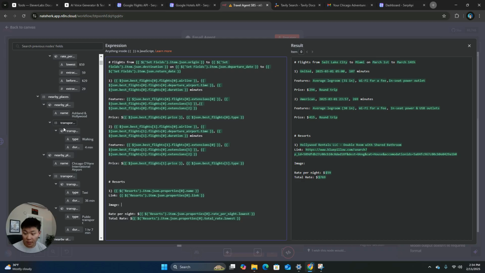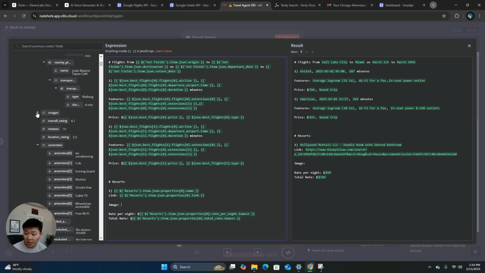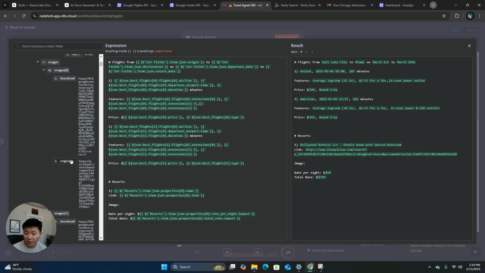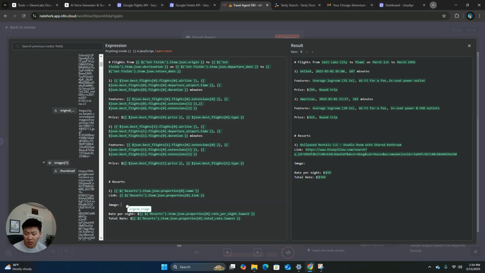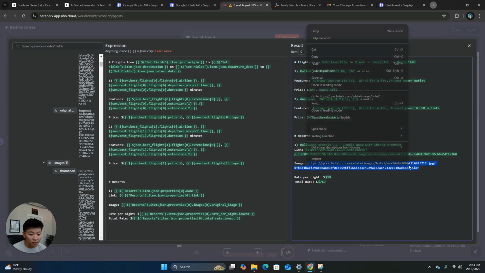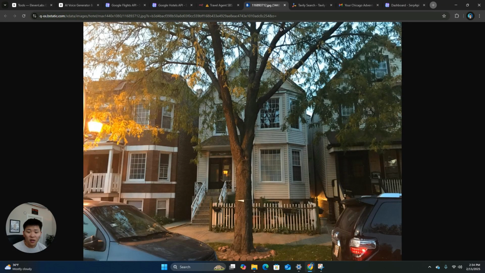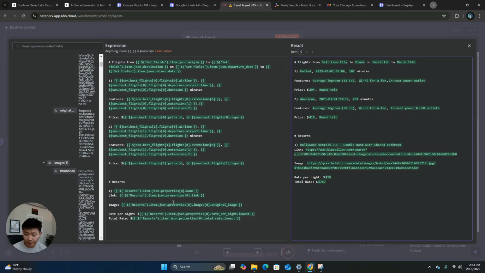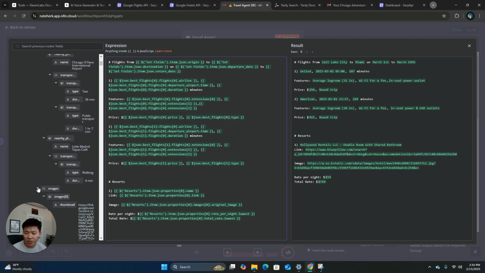And what we need to do to get the image is we're just going to go down to images, open this up. We don't want the thumbnail, we want the original link. So let's just grab that here and make sure that this is an image that we can access. So I'm just going to paste this into the browser. Okay, perfect. So there's an image. We've got that right there. And now finally what we want to add down here is just like,